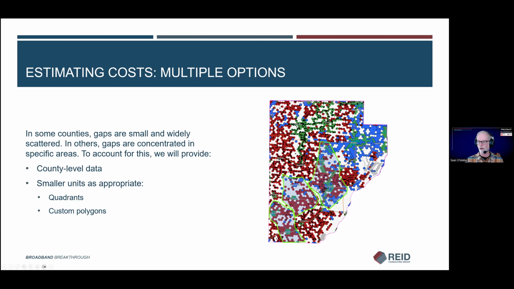If you're in a county where I'm drawing polygons like this, we can also refine those based on your input. You will all get to see what the gap areas look like. And if you say, let's look at both the areas that surround Vermont, or if you wanted to draw a space here and say, let's look at these two gap areas together, we could do that.